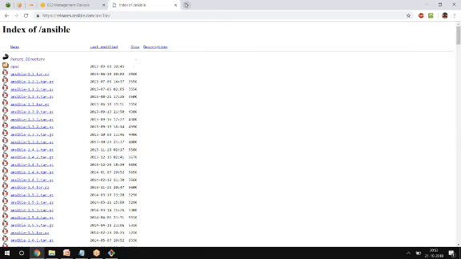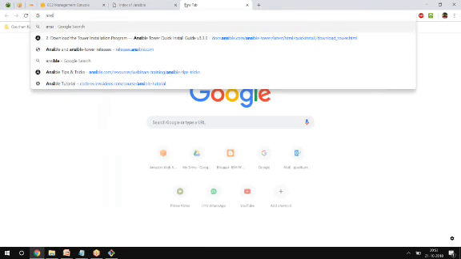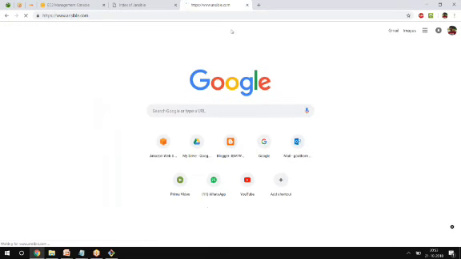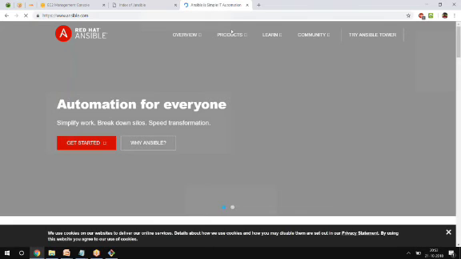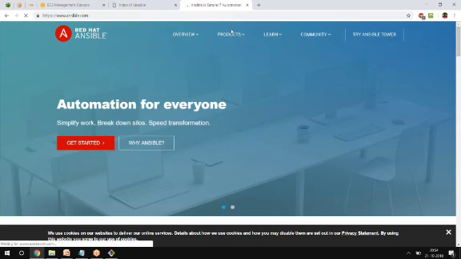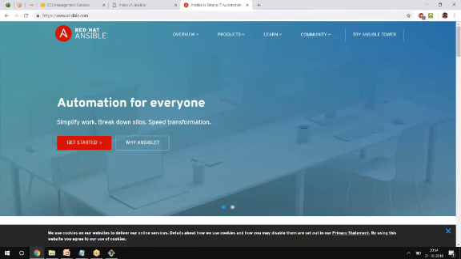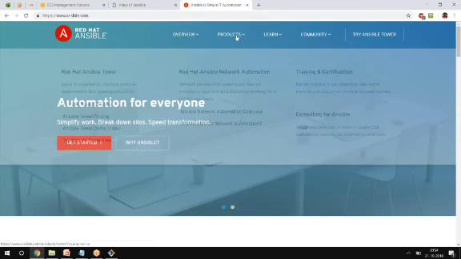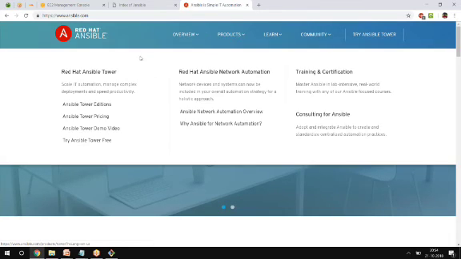So if you go to ansible.com, there also you can download this 10 MB. There you cannot download because Ansible will not give you a free version of its enterprise product. But it's also completely based on the product we are going to use. So when you go to Ansible, here you see that there are two things: Ansible Tower and also the Ansible Edition. So let me show you.